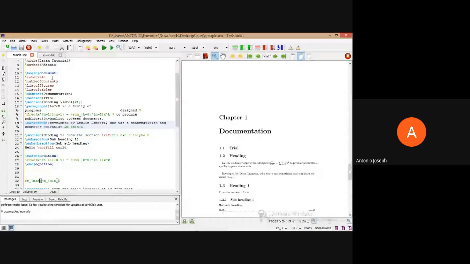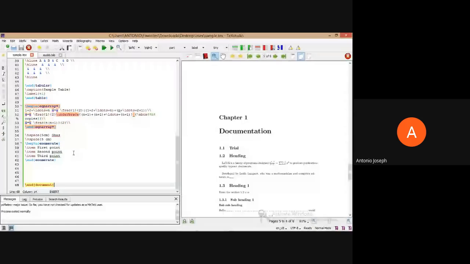So the command is like this. We need to specify the bibliography style. It can be the plain style, which will be the default one. So at the bottom we specify the bibliography style and the file name. This is mybib. Mybib is the file that I had created.